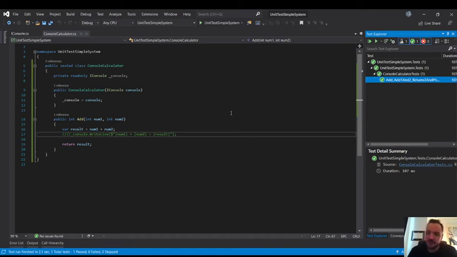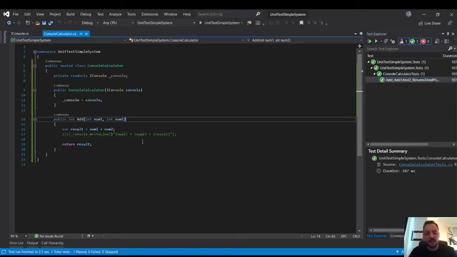And it does, right? We have a green check mark. So what I'm trying to illustrate here is that, again, this is a bit of a poor example because I've come up with this really contrived kind of dumb class, the console calculator, I know. But the point is that in this example, I'm showing you that someone, if you're thinking about either you're working